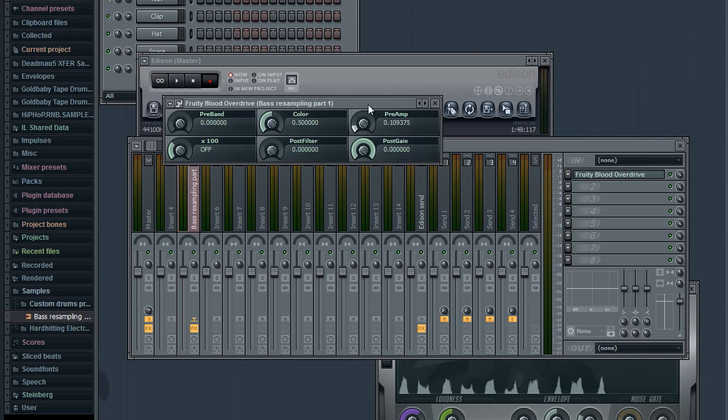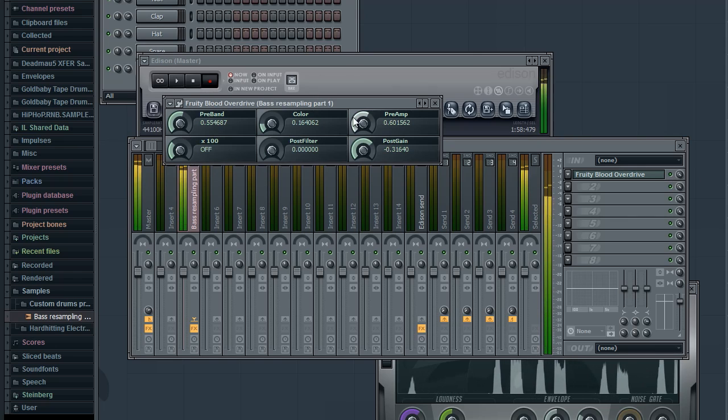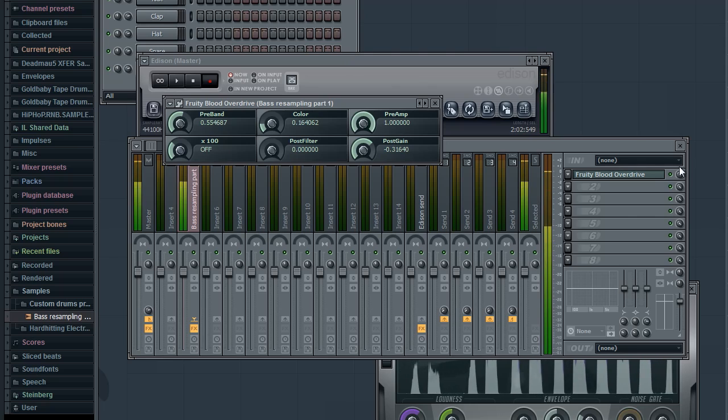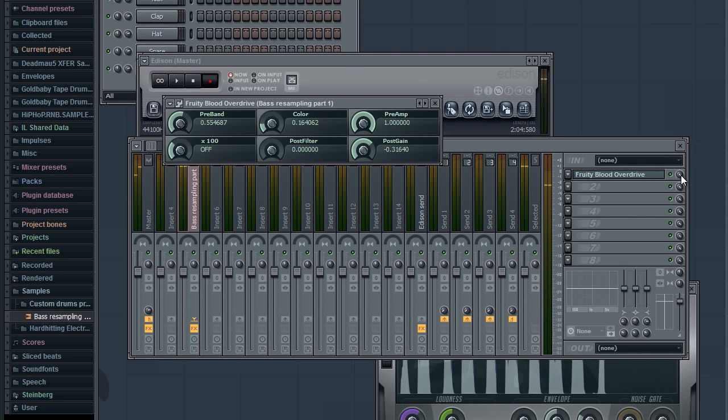I'm gonna start by adding a Blood Overdrive, quite a lot of it, something like that, I guess. Yeah, let's do that. And here is a very important fact about resampling. This, just distorting like this,